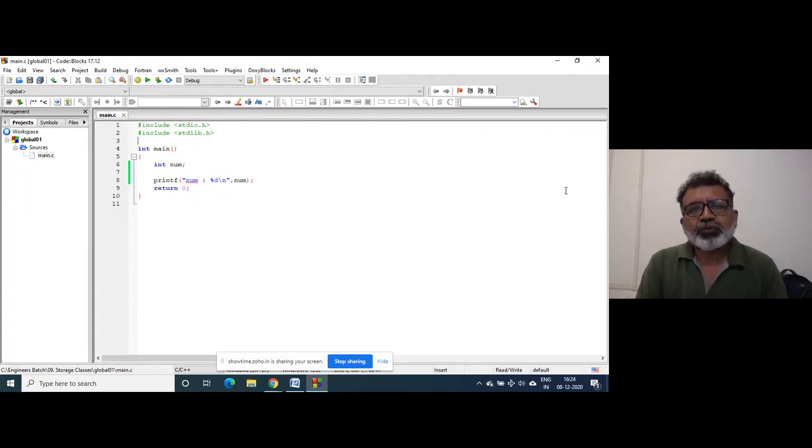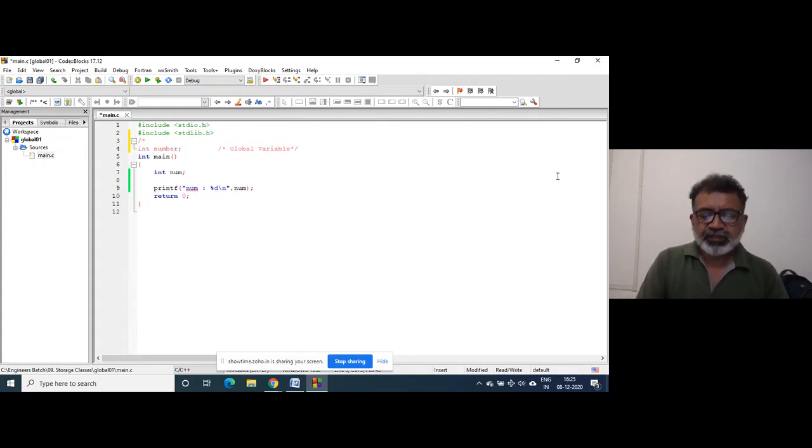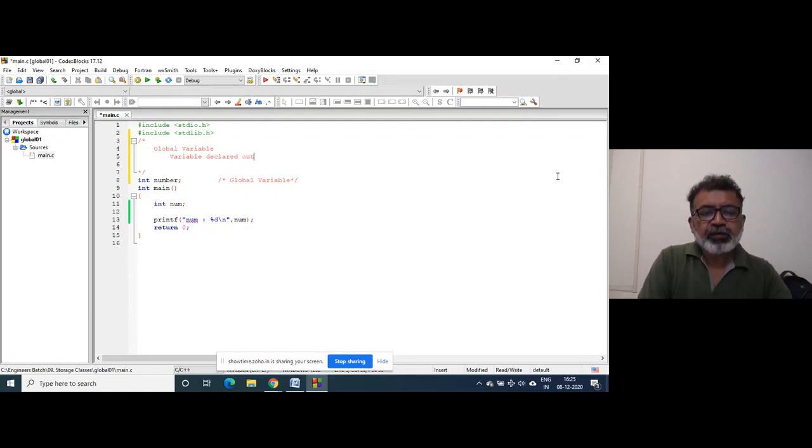When we think about a global variable, suppose I declare here number. So this is a global variable. First, let's see what the global variable is. A variable declared outside a function has got file scope.